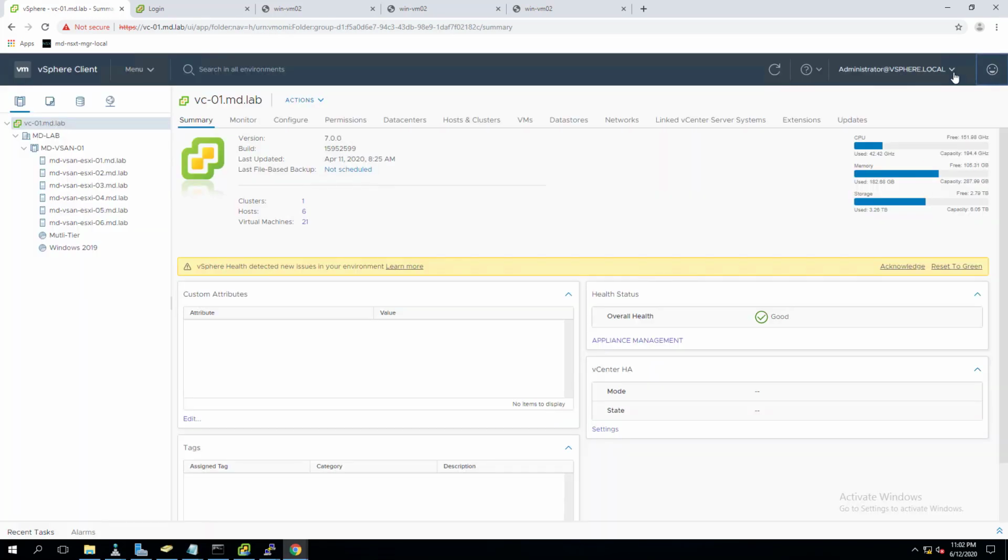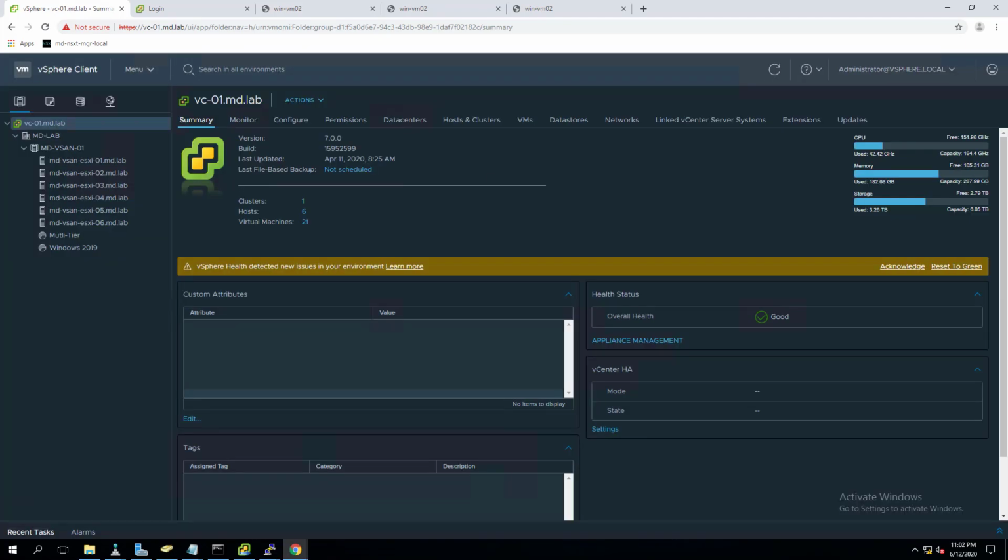The next thing is changing the theme. We now have a dark theme supported, as opposed to the first, light theme. If you want to change the theme, just click on Switch Theme, and it changes to the dark theme. I have a dedicated video which talks about how to change the theme in the vSphere client and what the advantages of changing the theme are. You can take a look at that video for all these things.